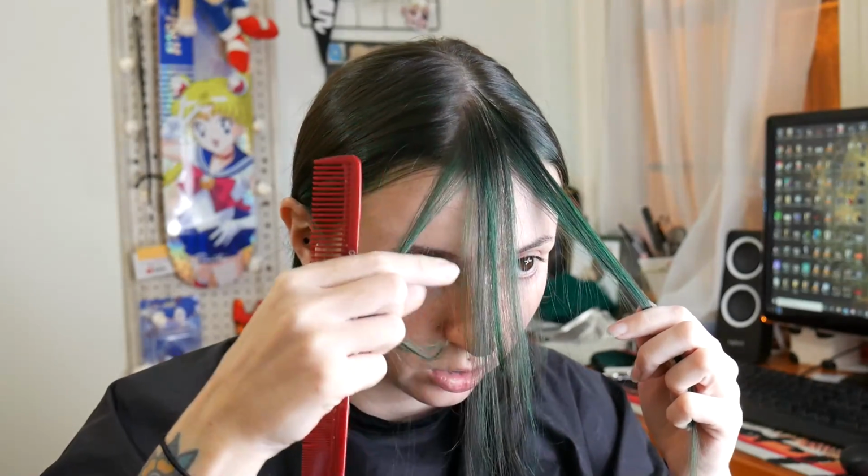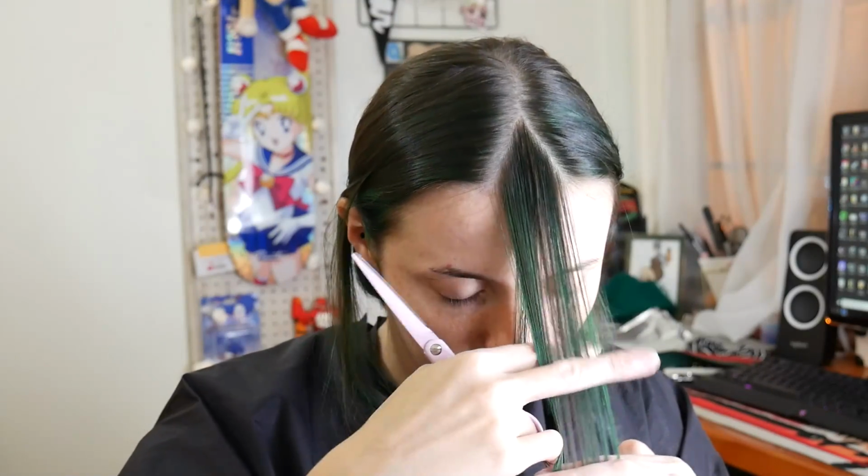Pretty short. Are you ready? Okay, I'm giving myself a little more meat, so I'm just going to resection. Here's the shortest piece. That is a clean triangle. Okay, now the little earpiece I was talking about earlier. I'm a little scared. This feels kind of permanent. Well, it is, but...